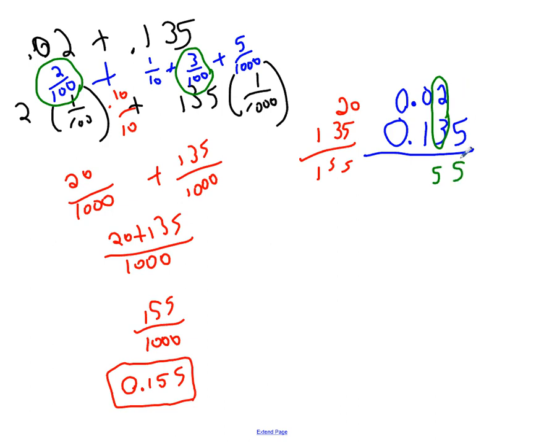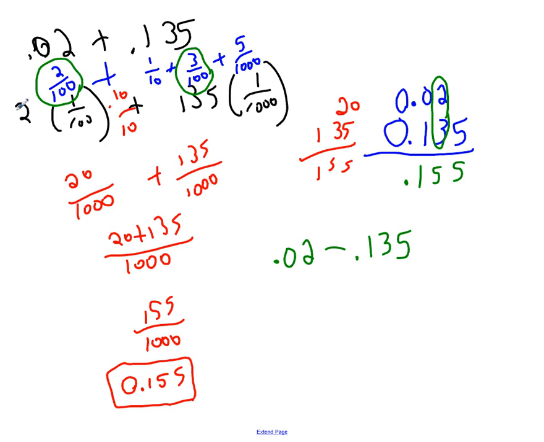This is the only thousandths. This is the only tenths. That's why when we're adding, we're lining up the decimals so that we line up the place values. So let's look at subtraction. 0.02 minus 0.135. If we do it the fraction way here,